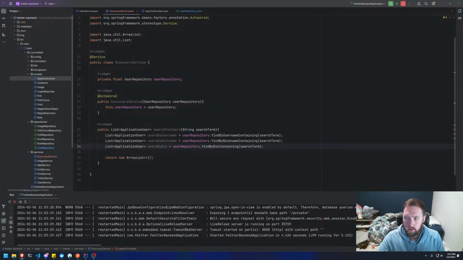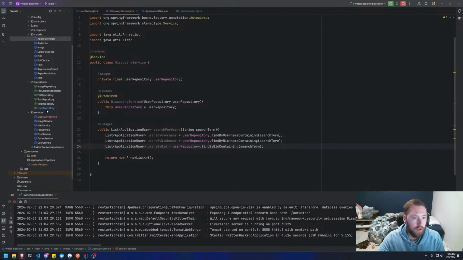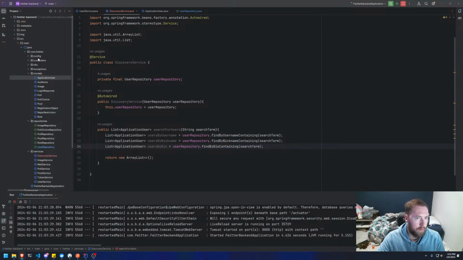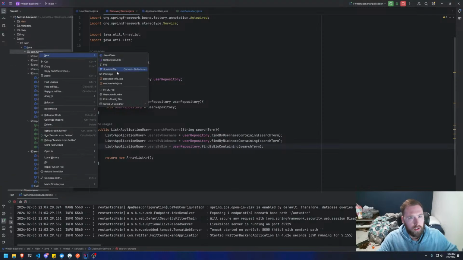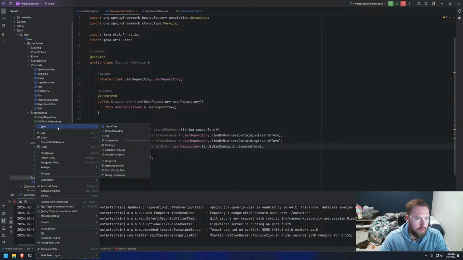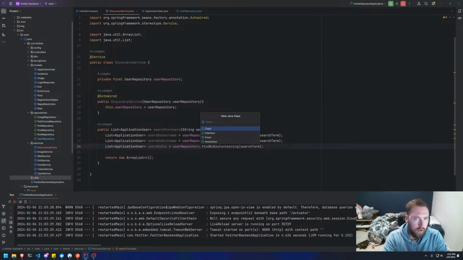So what we can go ahead and do is we can create a comparator where we basically compare the users for, I can't think. Basically, you can create the comparator for how many followers they have. So basically how popular they are. Do we have a utils? We do not have a utils. So let's go ahead and make a utils package. So new and package, and we'll just call this utils. And then inside of our utils, we'll make a new Java class, and we're gonna go ahead and call this discovery